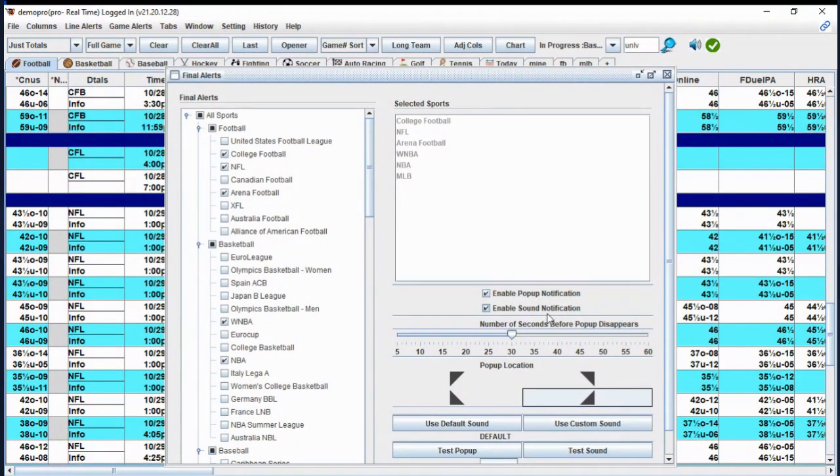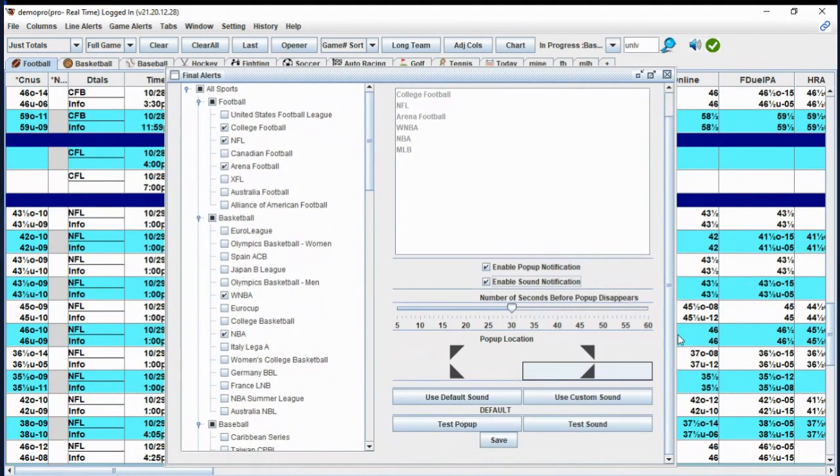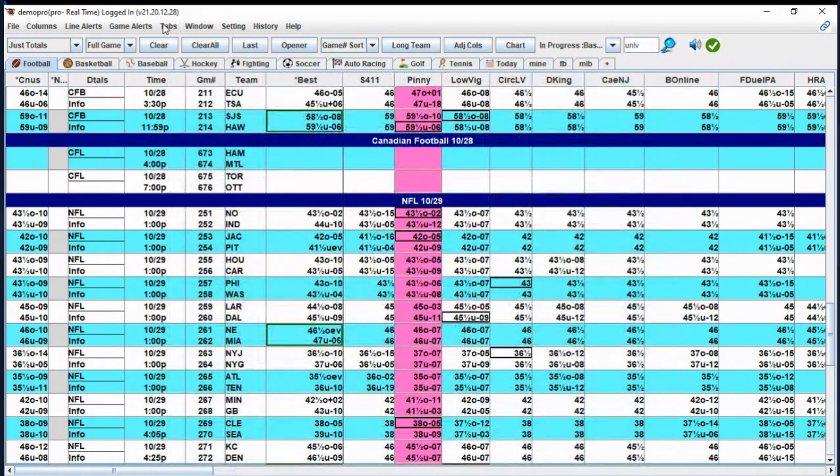or sound. Again, it all depends on how you want to make it. You can make it that you don't have pop ups, you don't have sounds, you have one or both. That's all up to you. Fully customizable, whatever sports you want to choose. Again, I just choose the major sports, but to each their own, you could choose whatever you want. Save. Other things that are pretty self explanatory: halftimes,